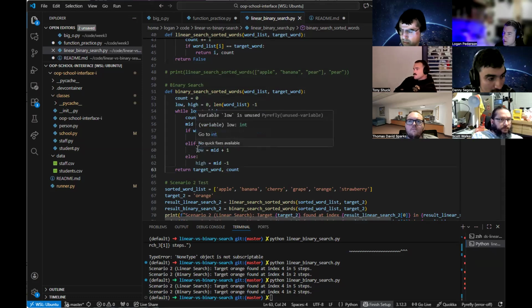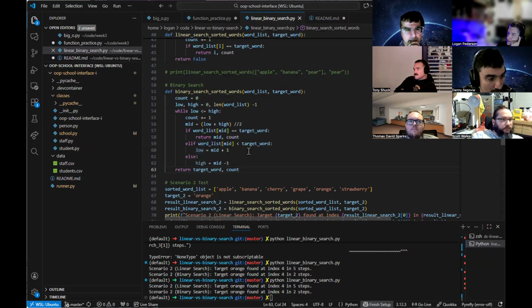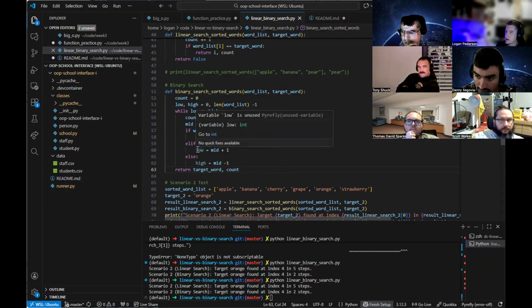But in my code editor, it says it's unused. Is that just because it's not big? Say that again. Yeah, so in my elif and else statements down here, I'm resetting the value of low and high so that each time it takes the next half chunk and looks at that instead. But in my code editor, when I hover over it, it's kind of gray. It says it's unused. Usually I see that if I name a variable and then I don't do anything with it. But I don't know exactly why it's happening in this case. Is it just because I'm not doing anything with it, like it's currently being used in my conditionals, or? Can anyone figure this out?